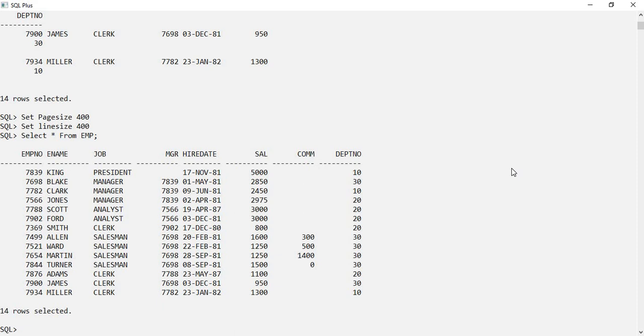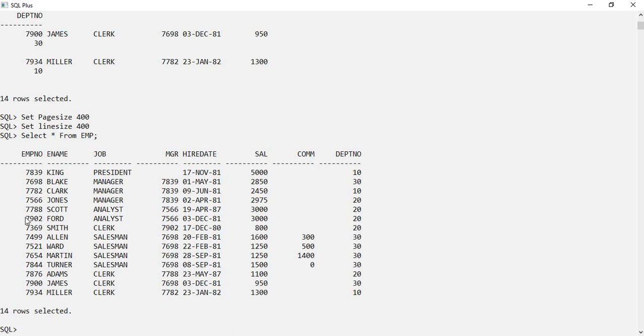Now, if you see this, it is always one to one. An employee cannot have more than one employee number, more than one name, one job, one manager, one hire date, one salary, one commission and one department. And this is debatable; whether an employee can have more than one manager is always debatable. But here, as per this table's condition, no. But what if he needs to have more than one manager? Obviously, this table should be normalized to remove that MGR column out of the table.